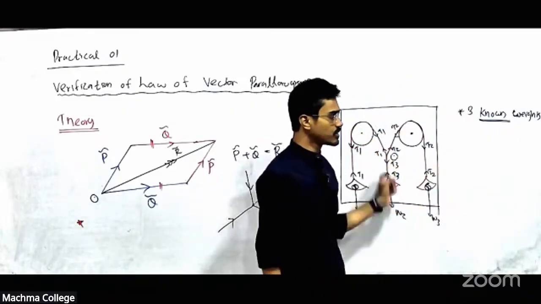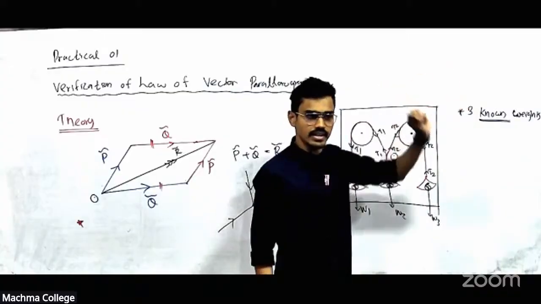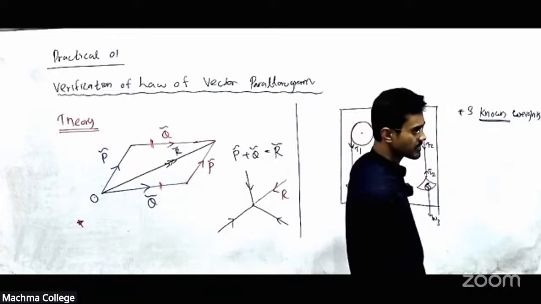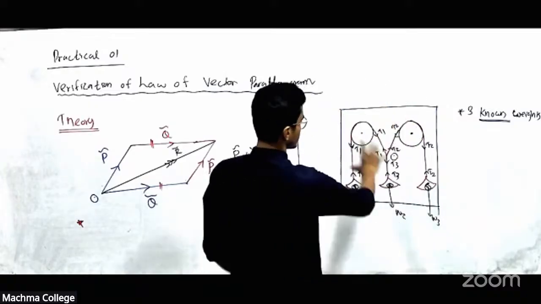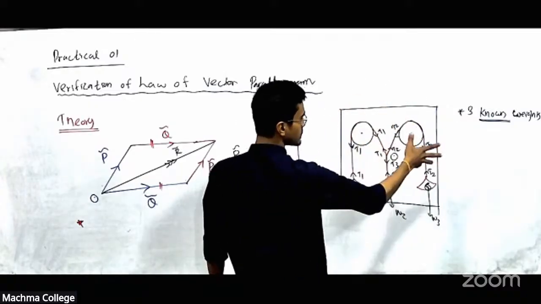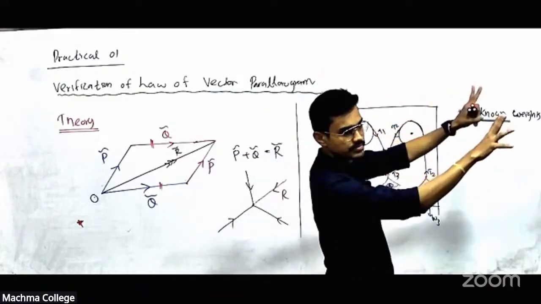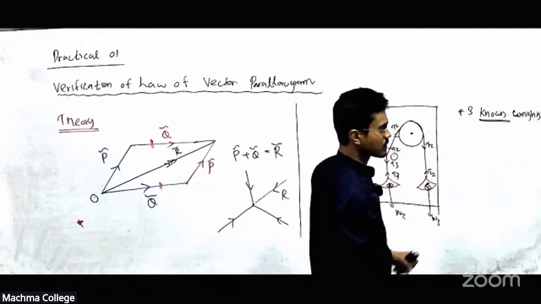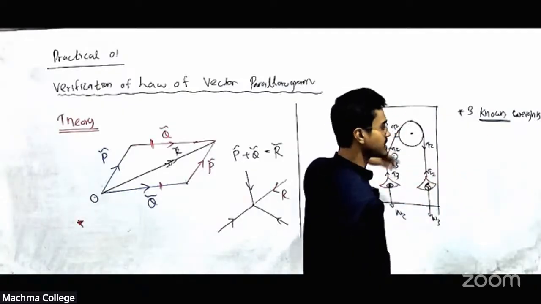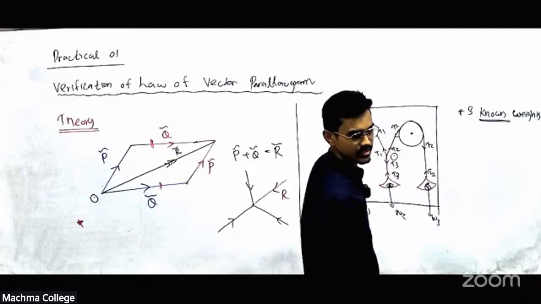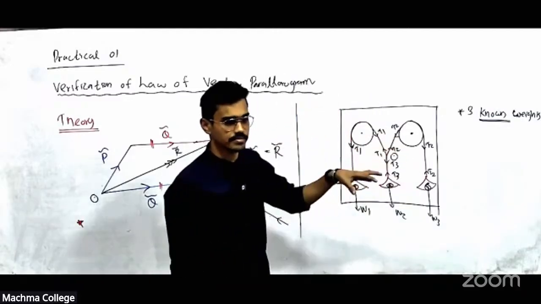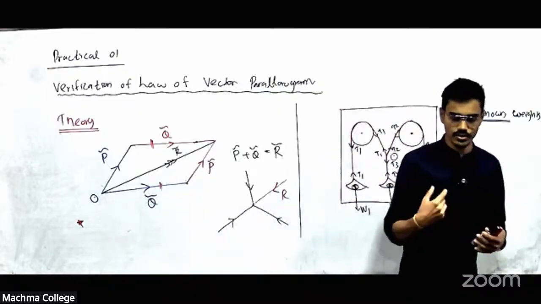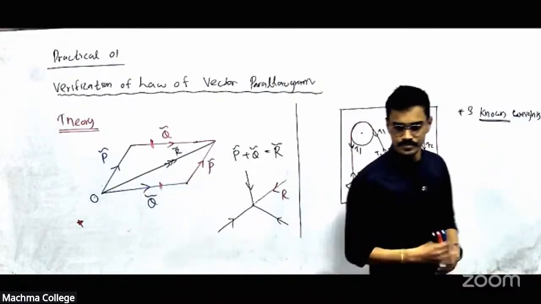Rarely, in some schools this can be fixed to a wall. I have seen in some schools. Now, since this is only used for vector parallelogram, this setup is fixed to a wall. Then anyone can use it at any time. That is fixed to the wall, and in that case, these strings are already there. Otherwise, if this is inside a cupboard or something, it is not set up. Then we have to take it out from the cupboard and do this setup, right?